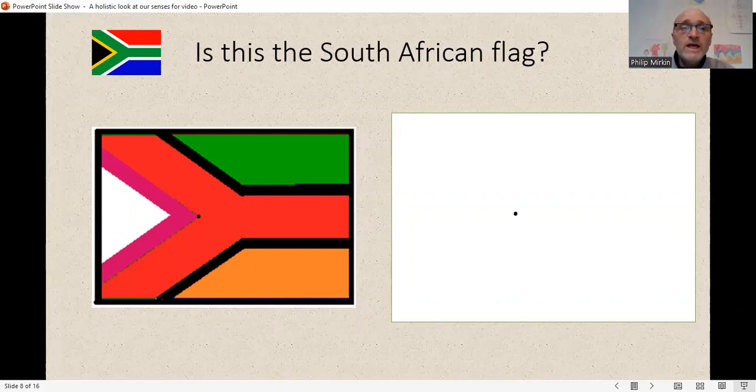The real South African flag is on the left. The picture down below has got the complementary colors, and our eyes have the capacity, if we expose them to colors for a certain amount of time, to generate out of themselves the complementary color, which then, in this case, should generate the real colors or close to the real colors of the South African flag. So the way you do it is as follows.